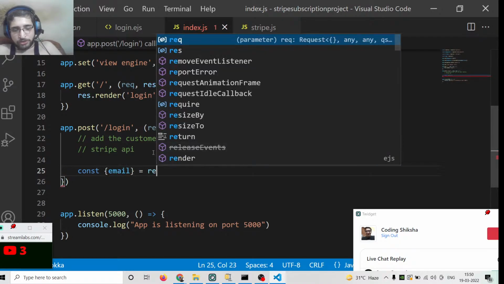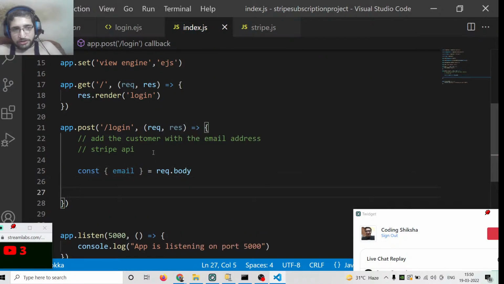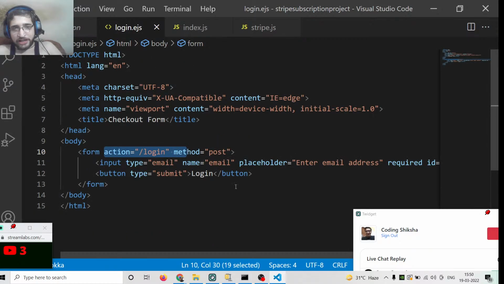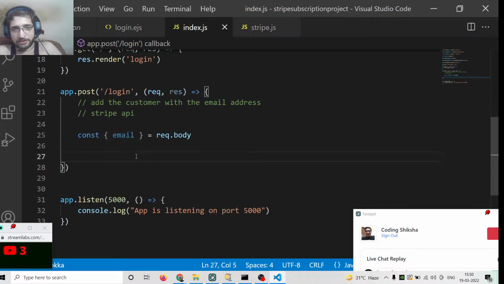We will say request.body. That's it. So we have provided a name attribute to this. You will see that email here. So we are extracting the email here. So after extracting the email, we will construct our